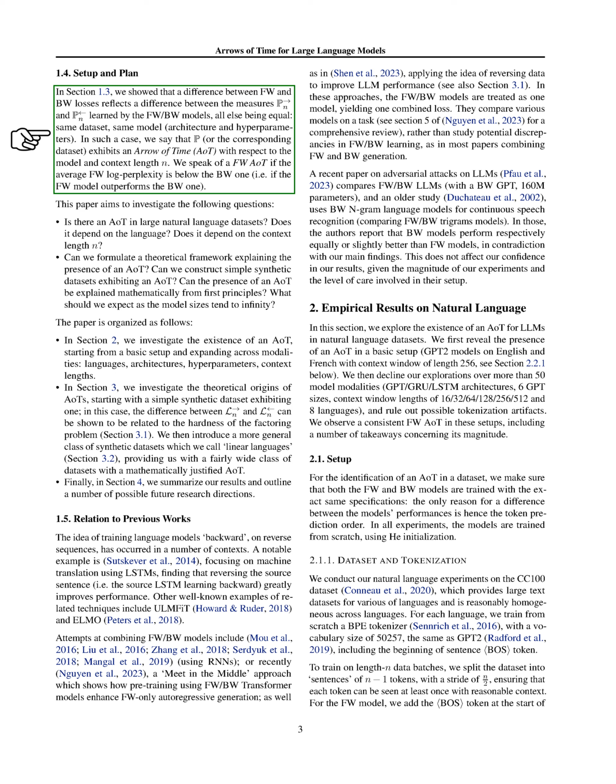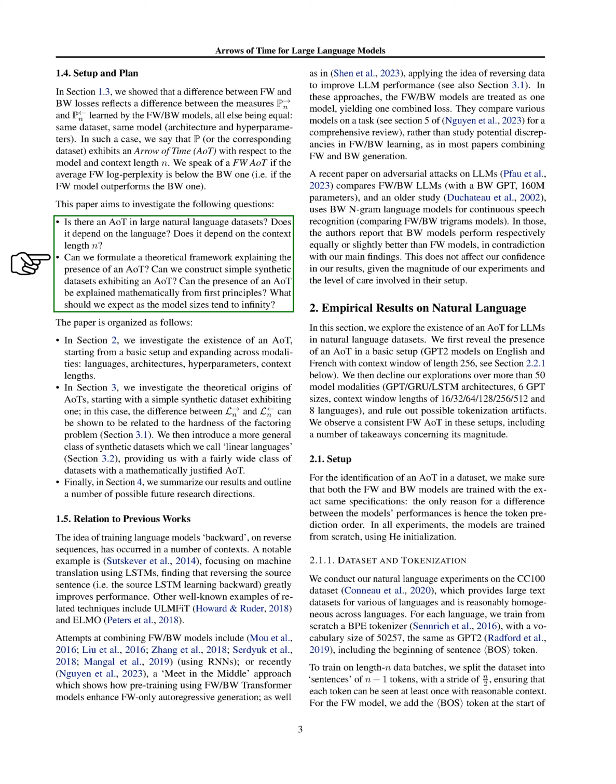When a dataset shows this kind of difference, we say it has an AOT with respect to the model and the length of the text snippet, or context, we're looking at. We're curious about several things. Does this AOT exist in large collections of natural language data? Does it change based on the language of the text? Does the length of the text snippet we're looking at matter? Can we come up with a theory to explain why this AOT exists? Is it possible to create simple, artificial datasets that also show this AOT? Can we explain the existence of an AOT using basic mathematical principles? What happens as we make our models larger and larger?